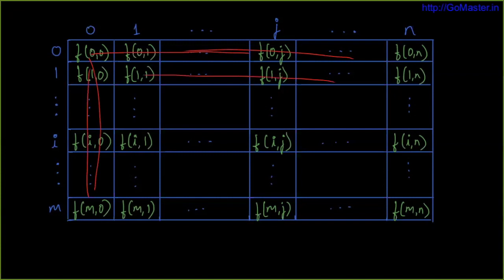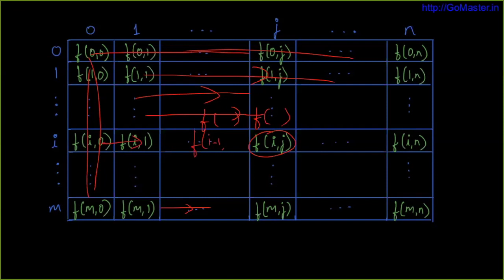If you compute them in row major from row 1 to row m, and within a row, if you go from left to right from 1 to n. So in that case, whenever you want to compute f of i comma j, the previous row is already computed, right? So the previous row's value is already available. And because you're going from left to right, even the previous column's value in the same row is also computed, right? So this is f of i comma j minus 1. That's also computed. That means all the three values are already available. This is an acceptable topological order, right?